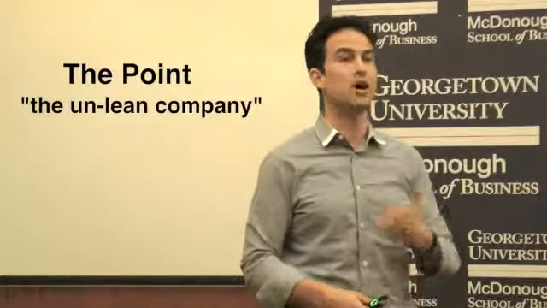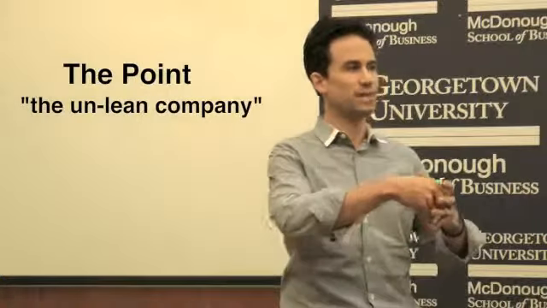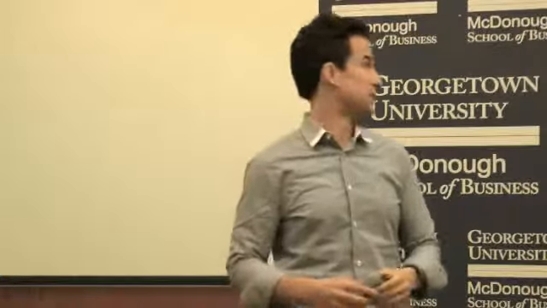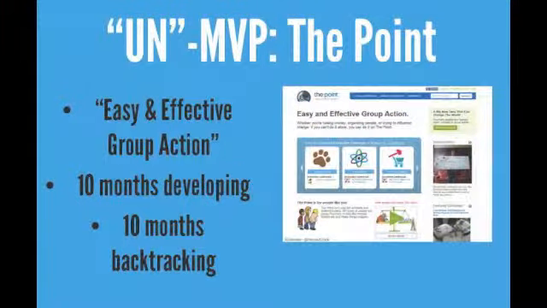So I'm going to give a quick example of a company called The Point, and tell a story of how it was the unlean company and how it took being unlean to become a lean company and ultimately become a huge company these days. So this company was actually set up to do something around helping groups take action together. The tagline is easy and effective group action. It took 10 months to develop this platform by a fairly large team. They burned several $1 million in this process, and then once they got the product out there, they saw people were really using it. There was a few people